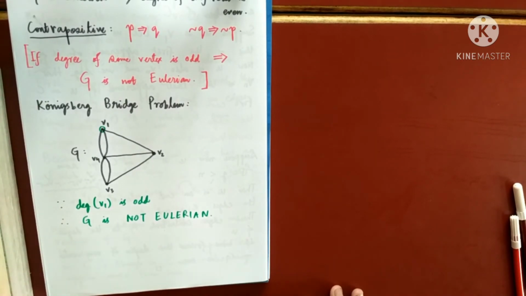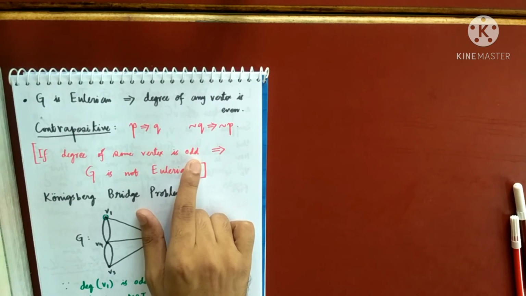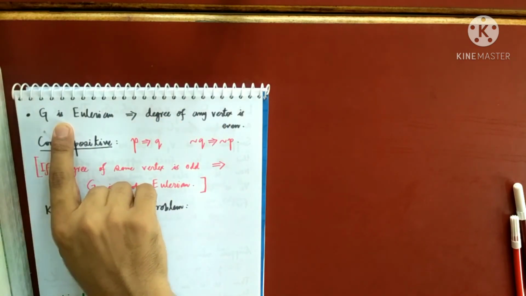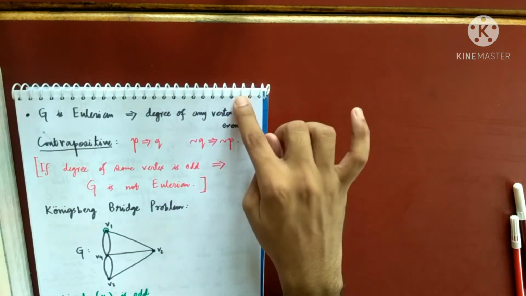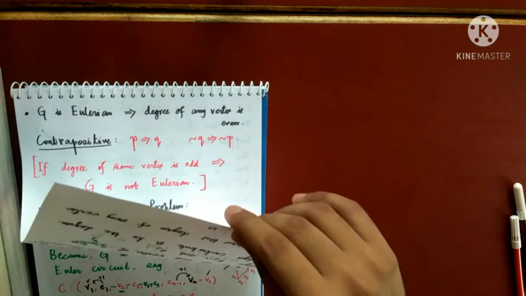So if you see any graph, just by looking at the graph you can tell me that it is not Eulerian, by the way, because till now I haven't talked about the converse. If my graph has some vertex having odd degree, that means my graph is not Eulerian. Now you might argue about the converse. That means, if this happens, then will this happen? I did not tell you that. This theorem will not give you the answer to this question.